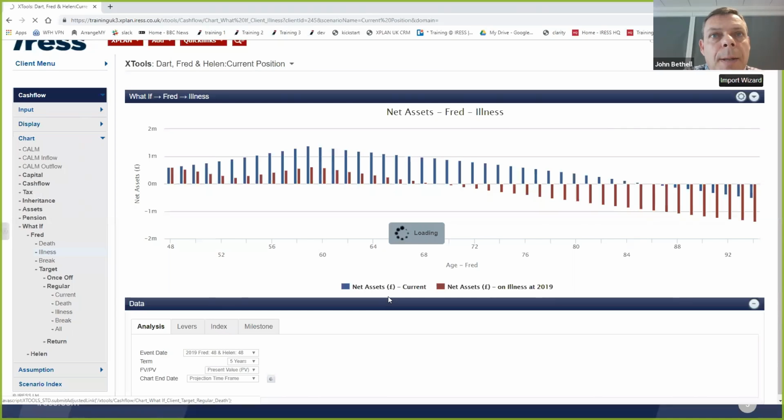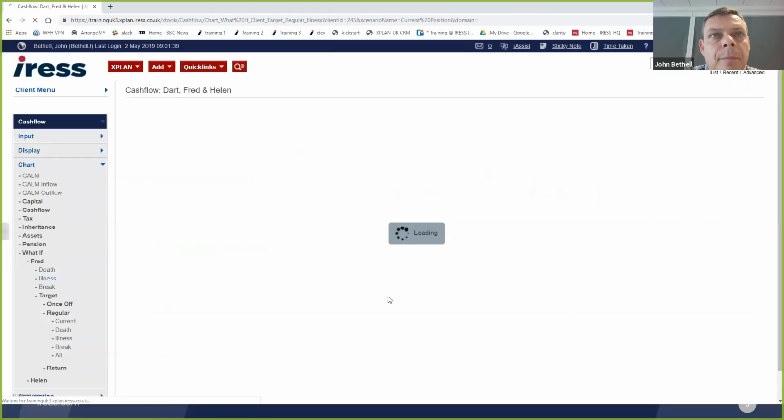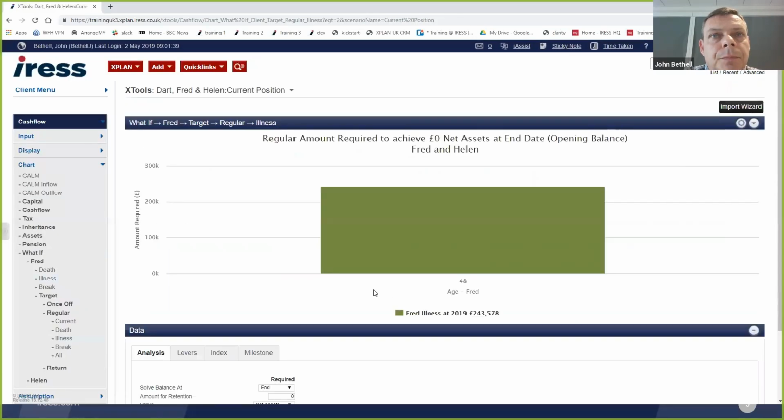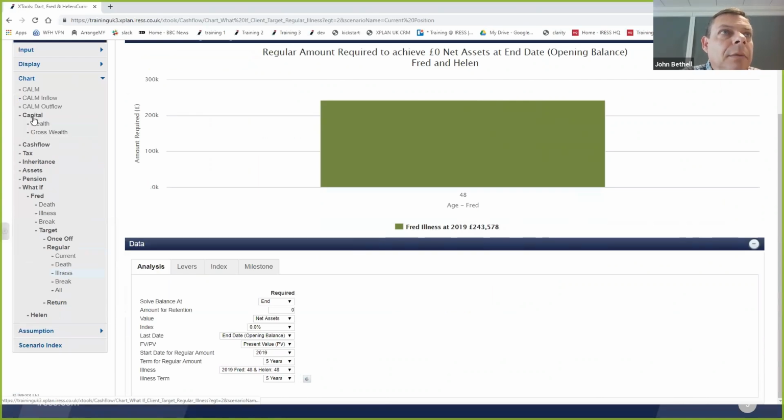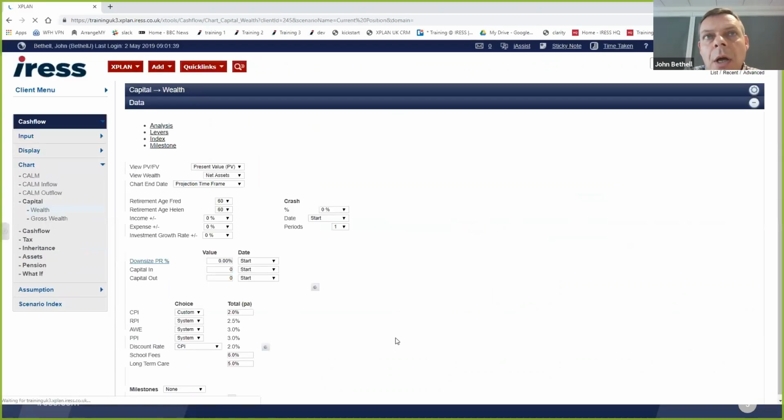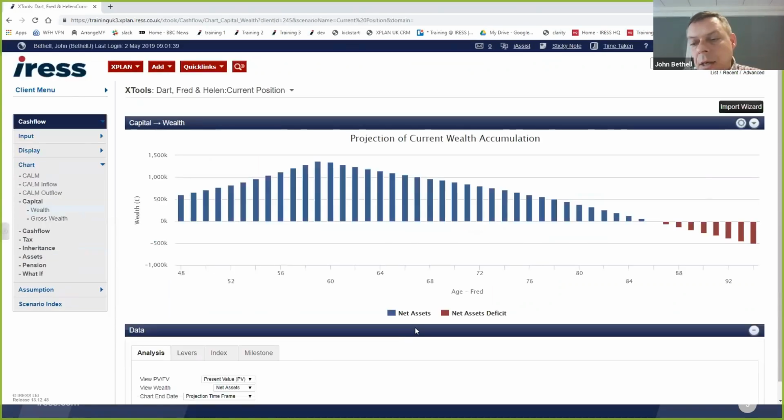We'll just let that work away. So we know we'd have to maximise their IHT, their income protection to make that work. So we'll go back then into the capital wealth chart, and that is a very basic summary, and that's taken me, what, 15, 17 minutes with discussion around it as well, 15 minutes to build a basic cash flow.